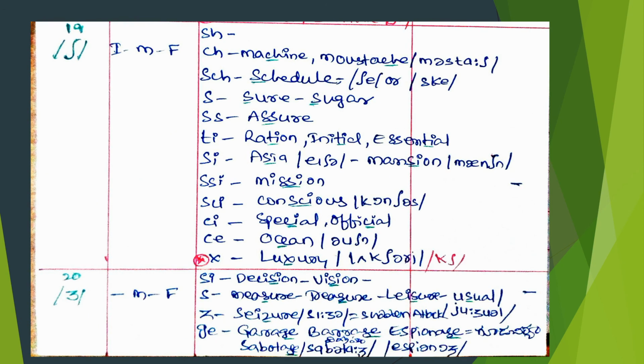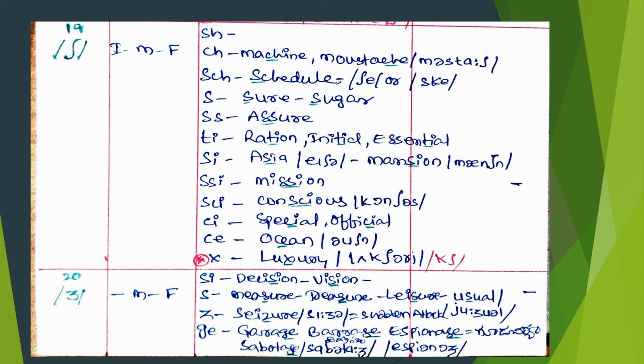This one. There are some words where it shows finally, but most often it will not happen, but there may be some words. Now this will be represented with the spelling SI, that is decision, and VISION, vision, and with S, MEASURE, measure, TREASURE, treasure, USUAL, usual, medially. All these are happening medially.